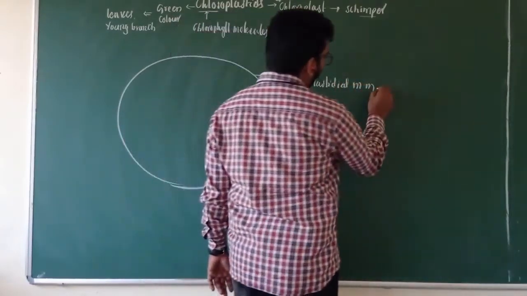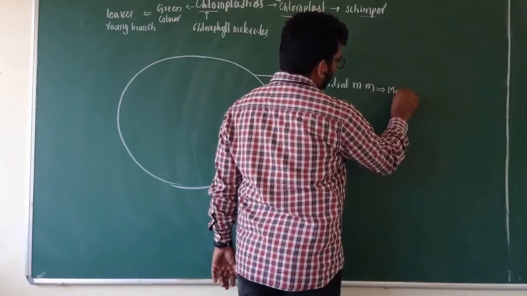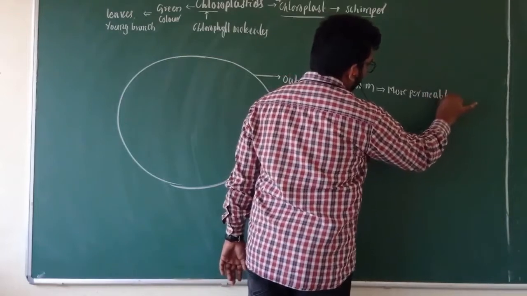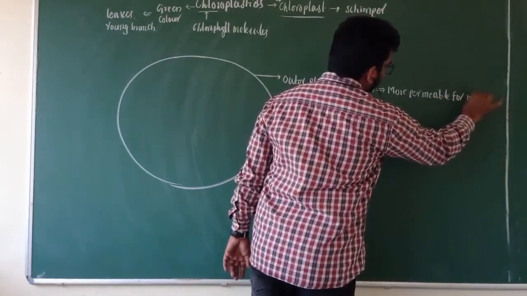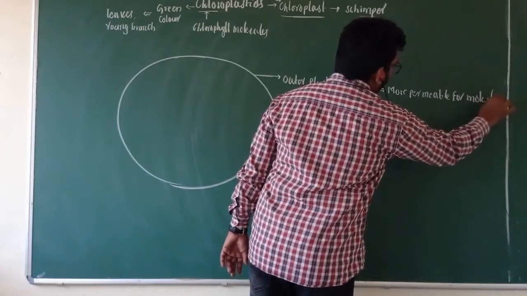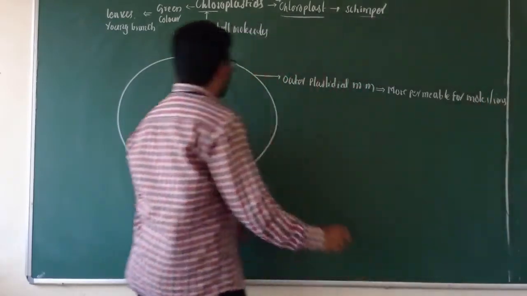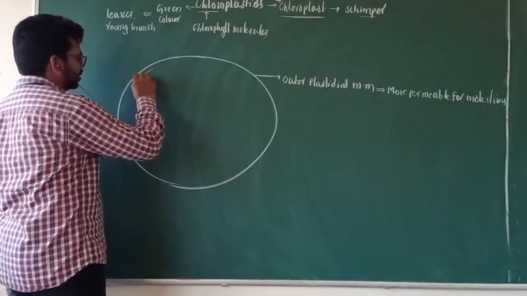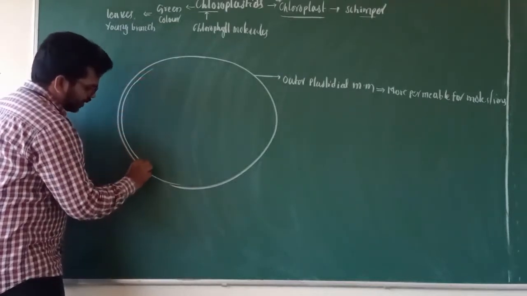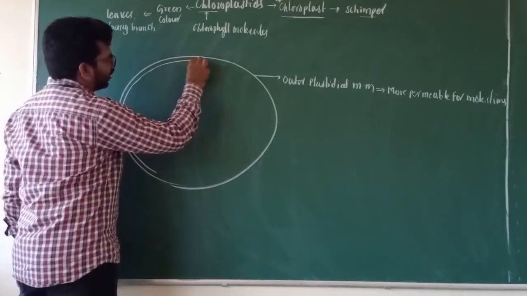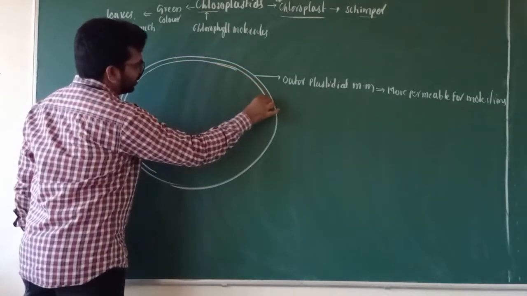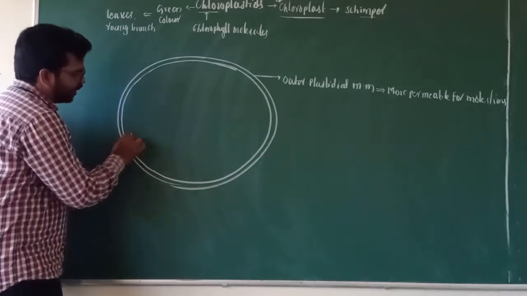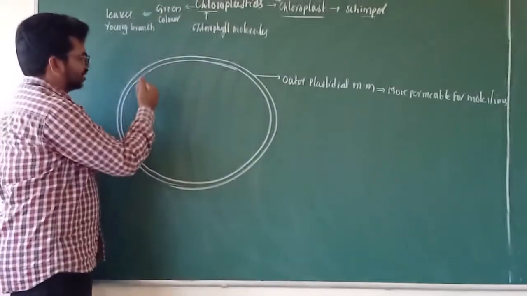It is continuous and more permeable for molecules or ions. Understanding, children? And another membrane is also continuous, present inside the outer plastidial membrane. We can call it the inner plastidial membrane, and some of the membrane is detached or invaginates inside the chloroplast